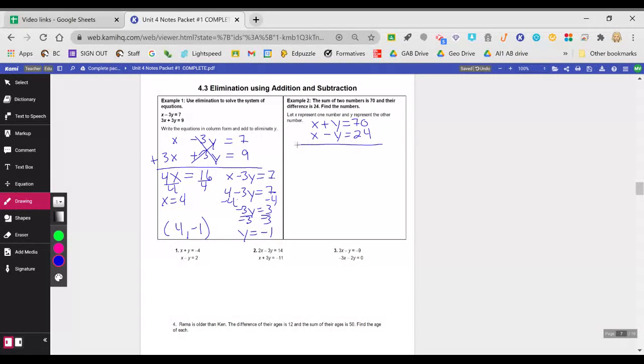So I'm going to add these together because I noticed that when I add y and negative y, that equals 0. So x plus x is 2x. 70 plus 24 is 94. I divide both sides by 2. I get x equals